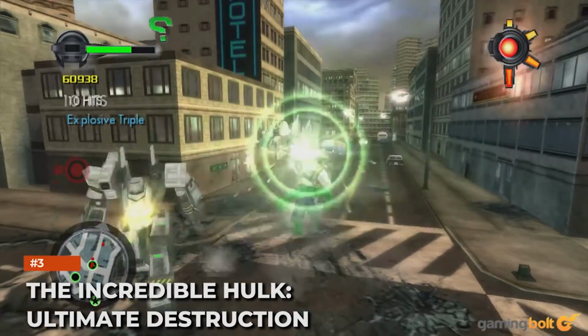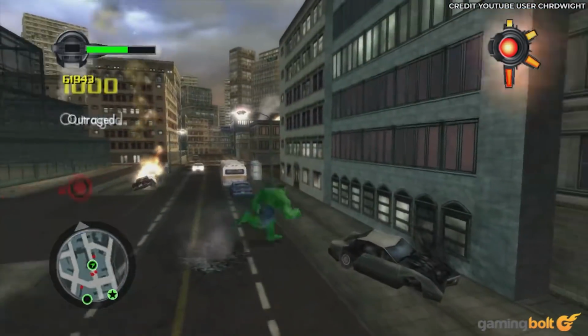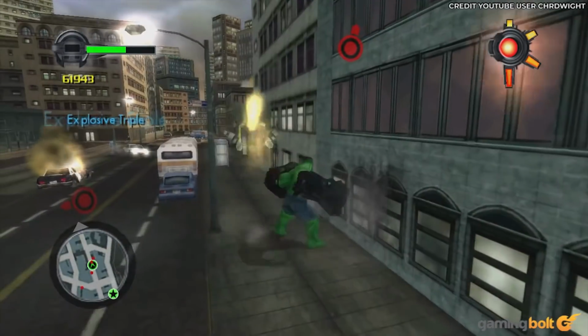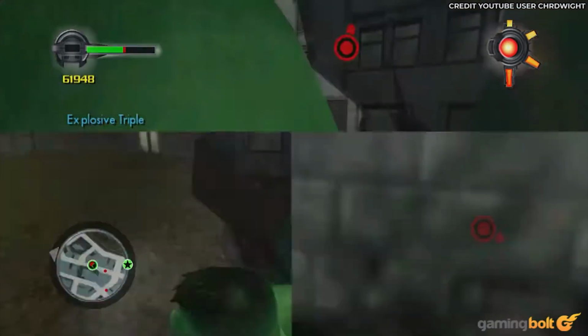The Incredible Hulk Ultimate Destruction. What is the Incredible Hulk's key characteristic? Yep, that's right, Hulk Smash. The clue is in the name with this one. Developers Radical Entertainment boiled Hulk down to his most primal and basic, creating a game where everything is a toy